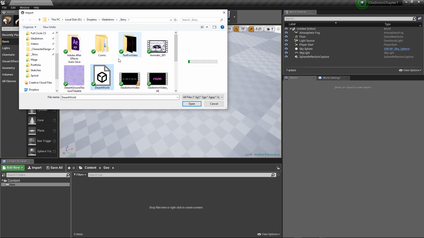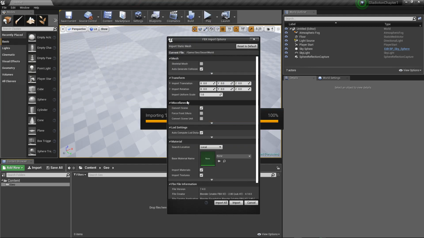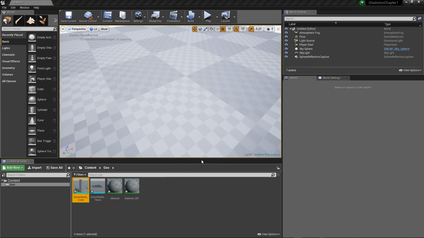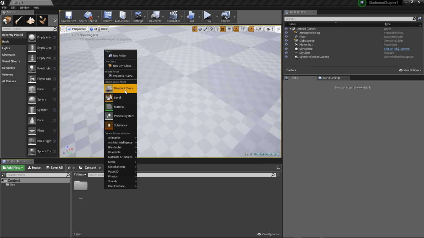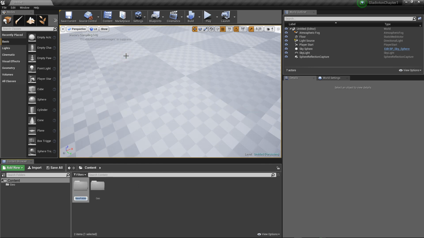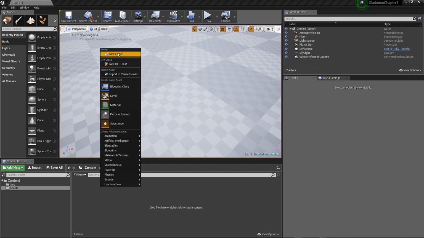Okay, why isn't this working? So click this, open, there we go. Import all, okay, good. We'll go back here. So Mahmood suggested we should make a new folder for levels. So in that folder, just double click and I'll create a new